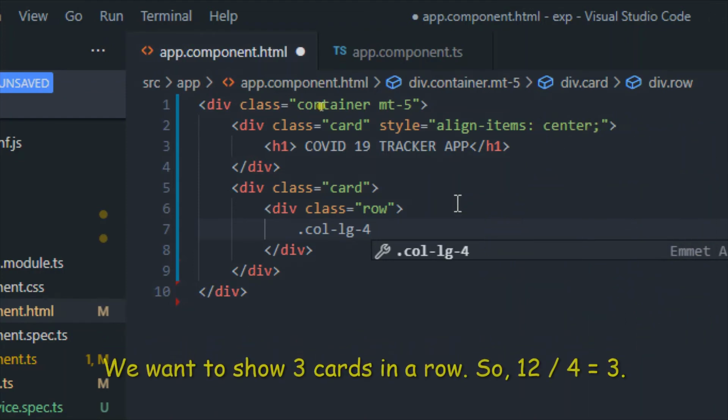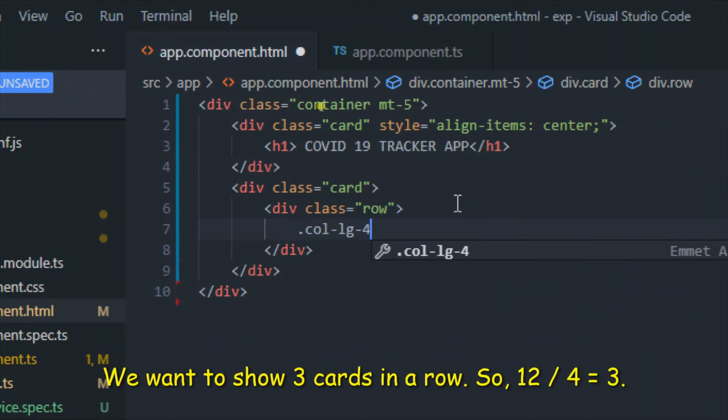If we divide 12 by 4, the answer is 3. That means the 12 grids will get divided into 3 sections. We want 3 columns, with a card in each column. That's why the value is 4, right?